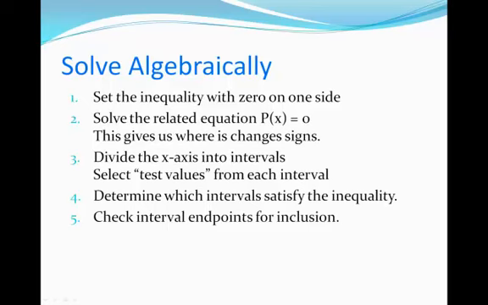Now that's important because at those points, that's where the sign could change. Then you want to divide your x-axis into different intervals depending on what values gave you the zeros. You'll select test points from around these values to see whether it is positive or negative. And then depending on what the inequality says, you'll either take the positive values or the negative ones as your